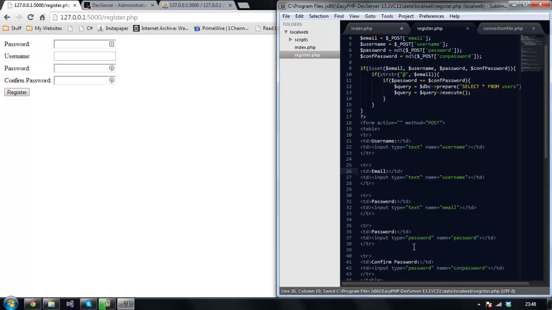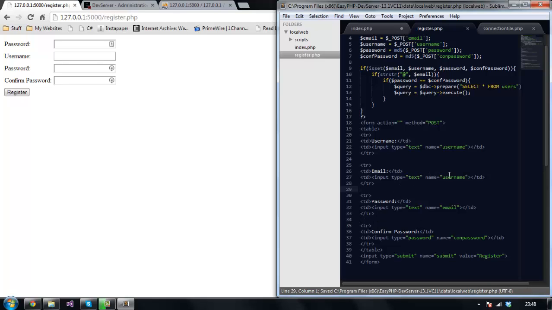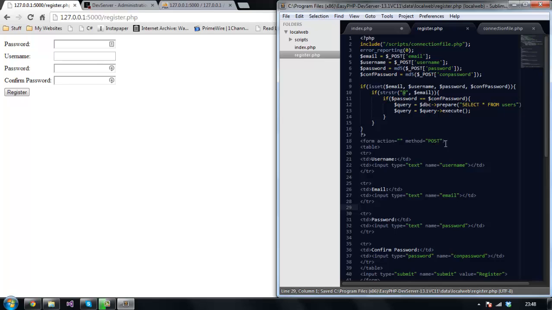Username, email, password. Why do I have 3 passwords? Oh my god, that's why. Using... no, that should be okay. Did I name an email? Yeah. So now